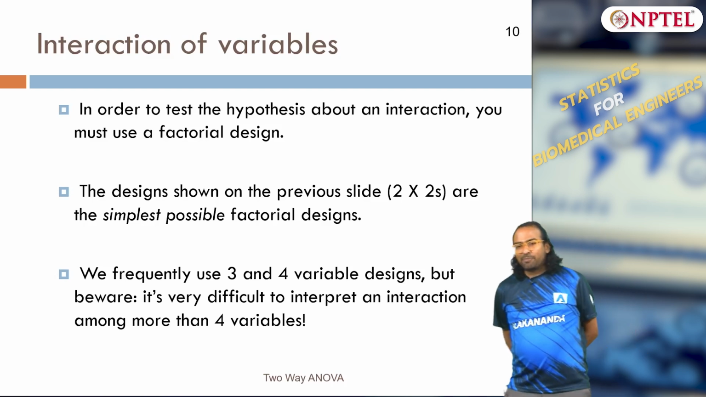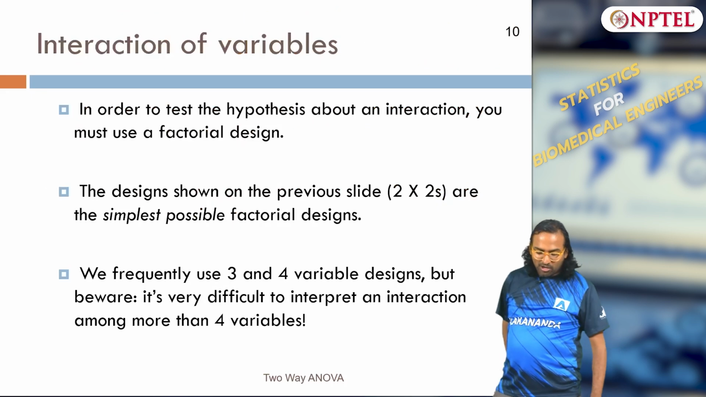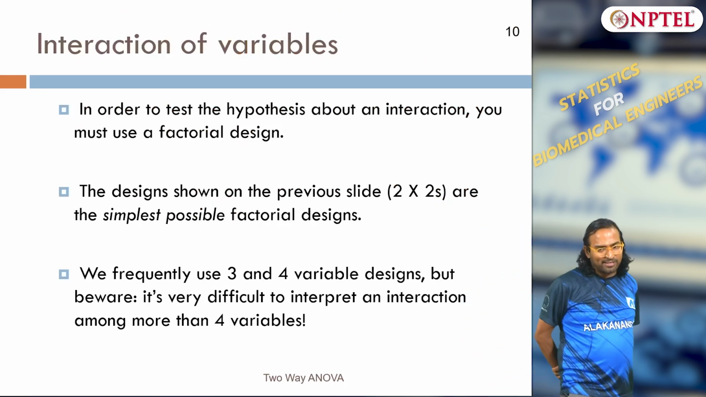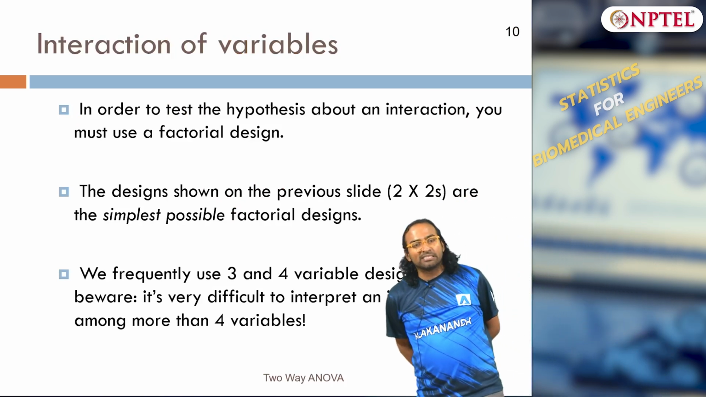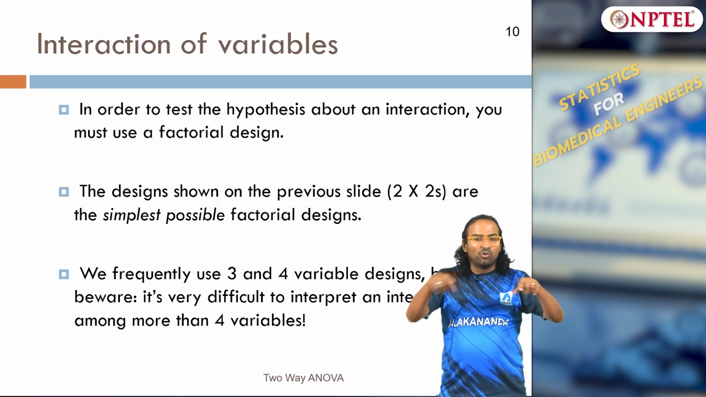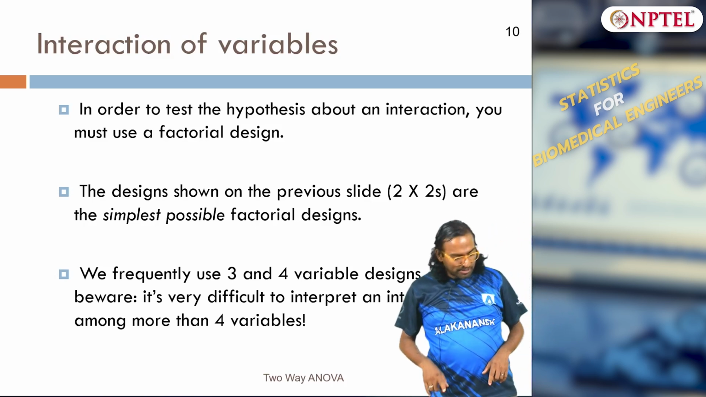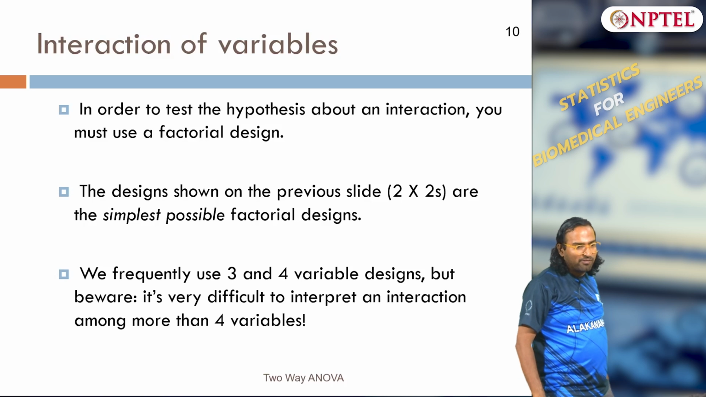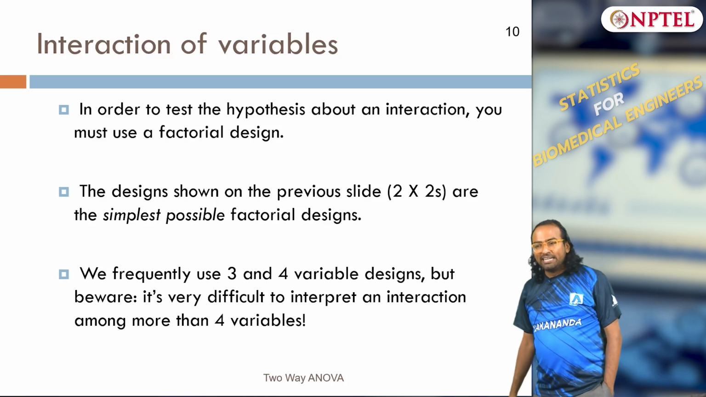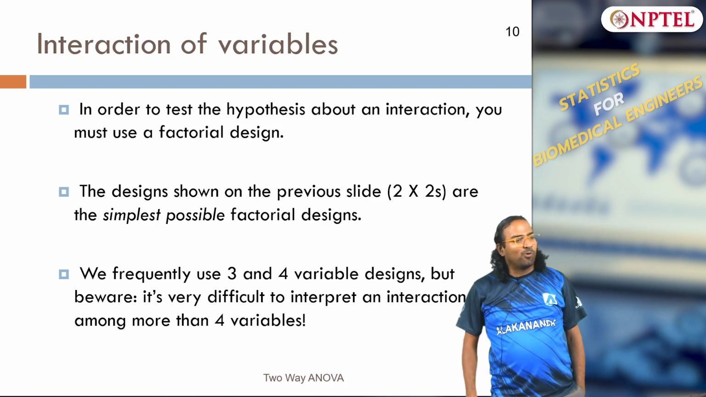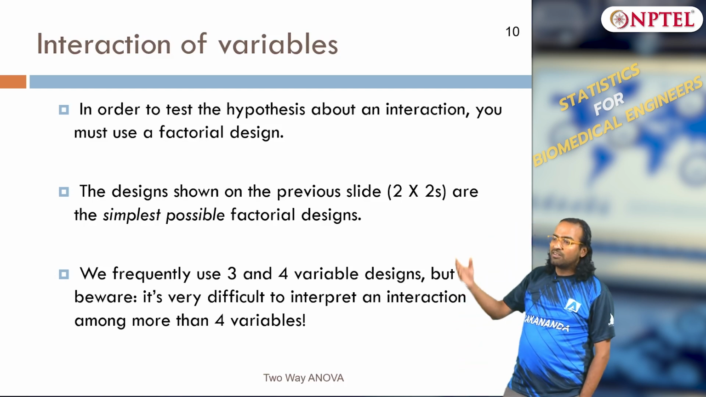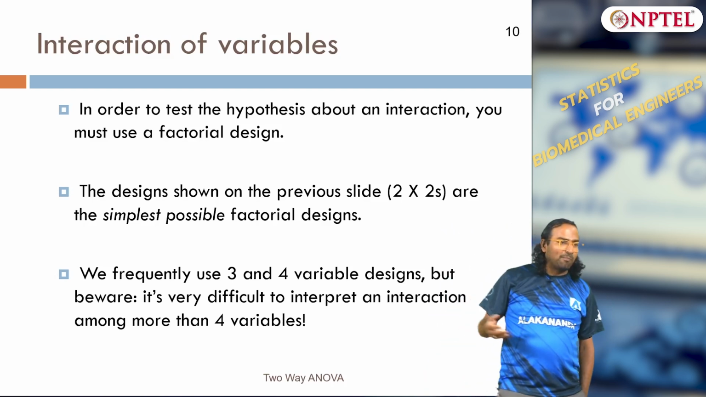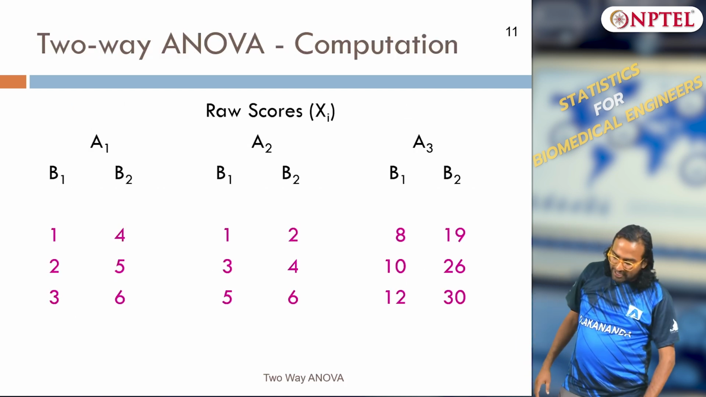So the design on the previous slide is a 2 cross 2, the simplest possible factorial design. As I said, factorial because you are talking about combinations and interactions. You are looking at the crossed combinations, all combinations. We frequently use 3 and 4 variables, but beware, it is very difficult to interpret an interaction among 4 variables unless you do it numerically. Graphically it becomes so complicated to look at interactions for 3 or 4 variables. So you have to come up with a numerical way to understand